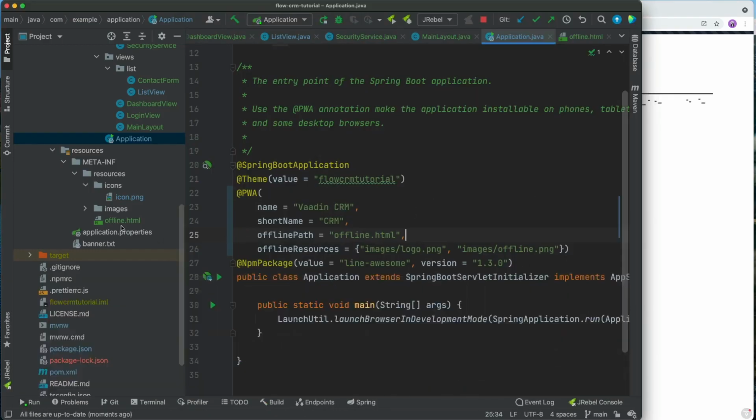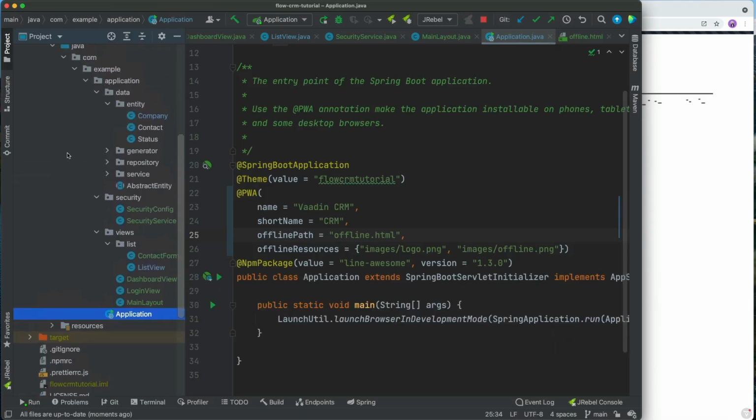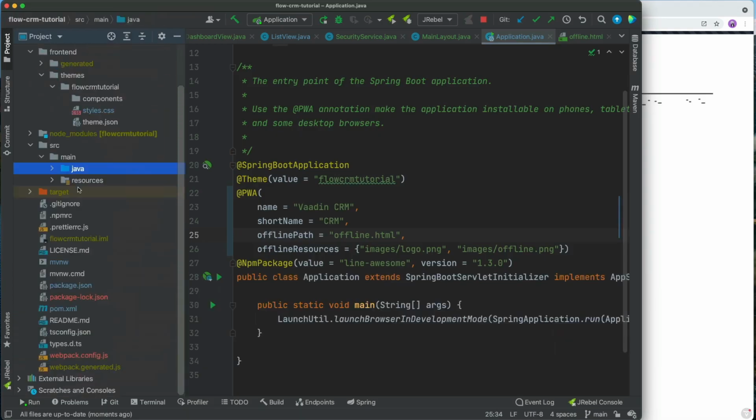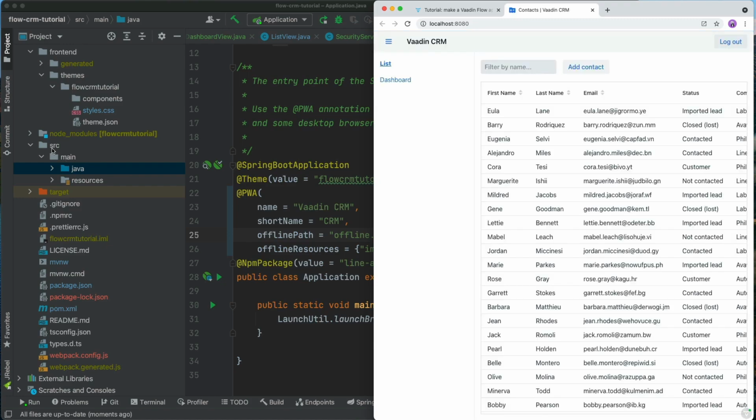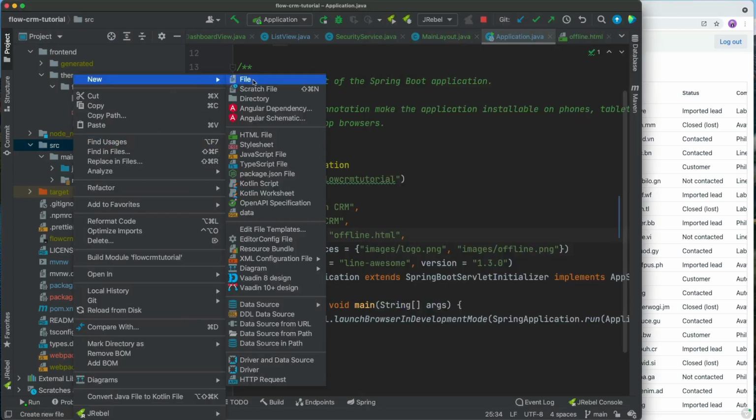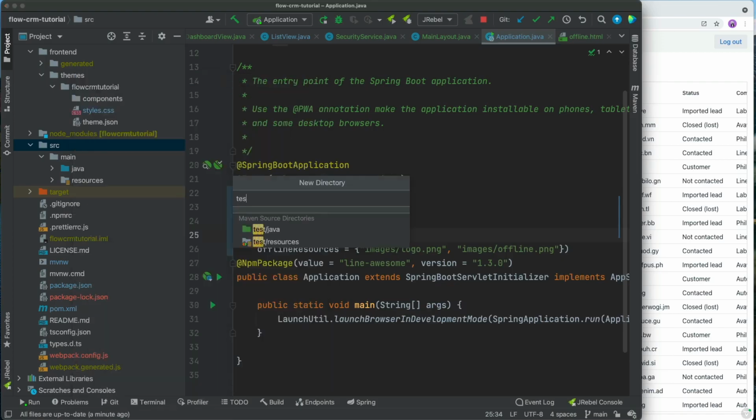All right, so what we need, first of all, is a place for the tests to live. So up until now, we've only been working here in the source main Java folder, which is where our application sources live. What we're going to add now is a separate test source root for tests. So here in the source folder, we're going to create a new directory called test. And you can see IntelliJ is actually already suggesting that we create a test Java